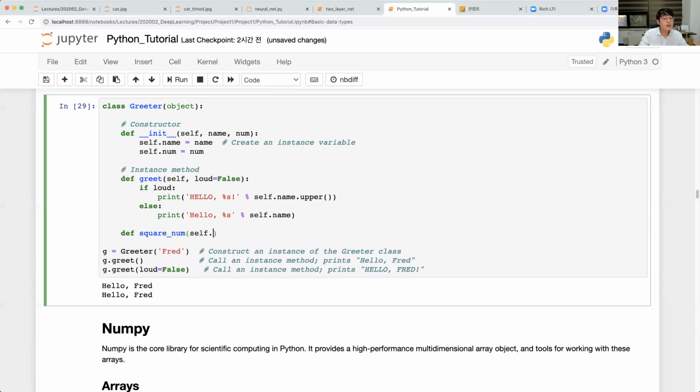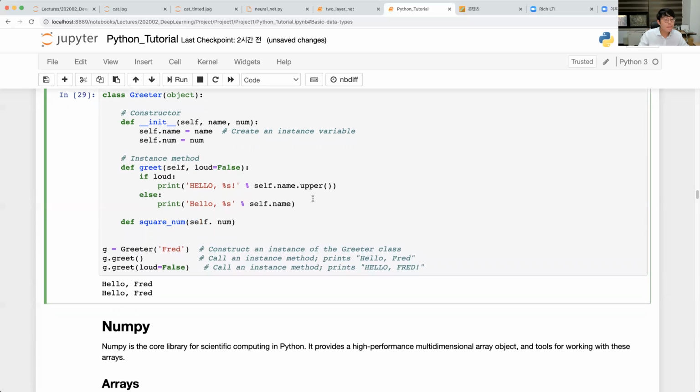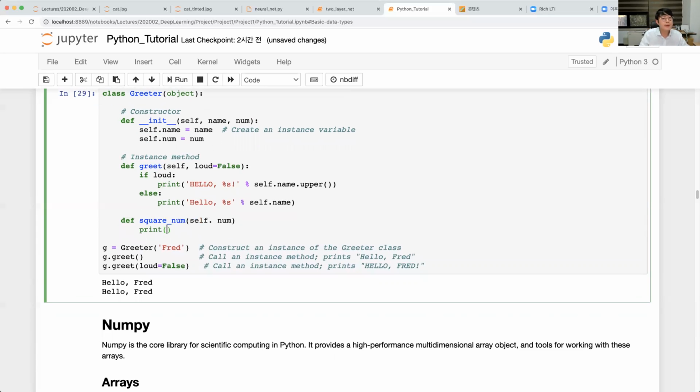Number is going to be number, right? And the output is going to be number, should be comma, number. Right? So, for example, we can use the number like this one, and